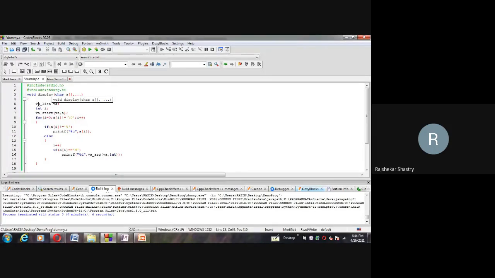Then begin as usual, which I explained just now. A va_list type variable I have taken, and that variable I'm binding with the first variable, that is A. If the binding process is over, then I have to read each character from the string. So i is equal to 0, not equal to null character, increment i value. And if the character which we are reading is not equal to the percent symbol, simply that particular character, I'm printing it on the screen. Otherwise, means the percent symbol is encountered.